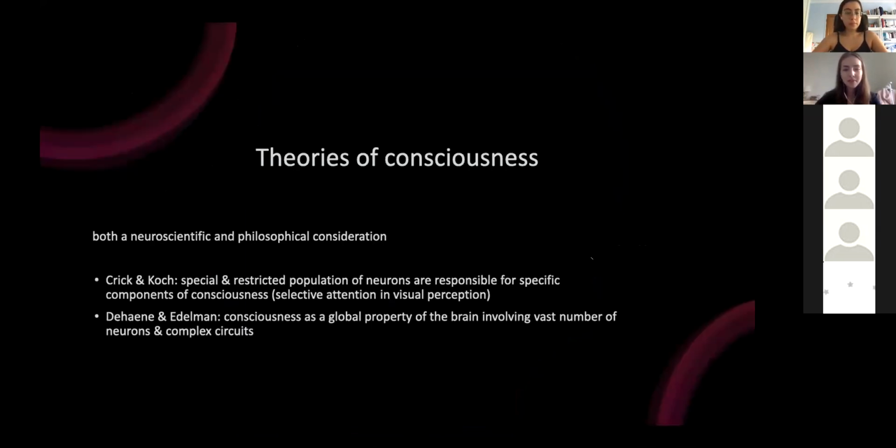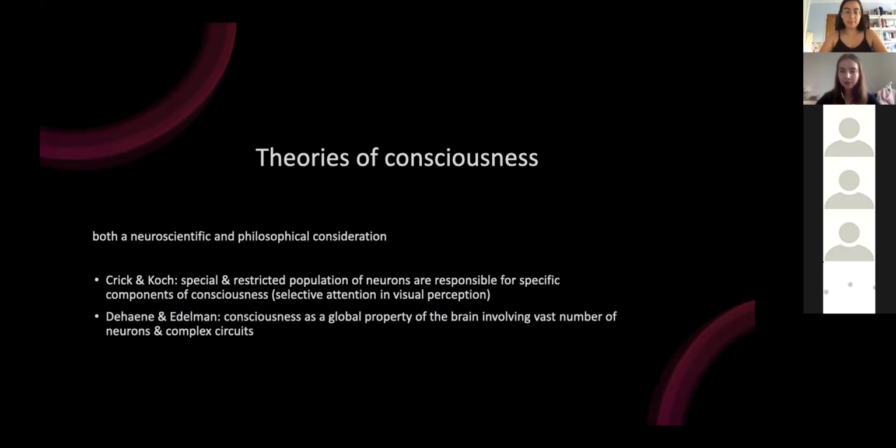So, some theories of consciousness. Consciousness is actually, as the topic of our whole presentation here kind of shows, not only a neuroscientific concern, but also a philosophical one. So it's kind of hard sometimes to draw the distinction between the two. But when we're talking about the neuroscience of consciousness, we're talking about the neural correlates, the neuronal circuits, and also